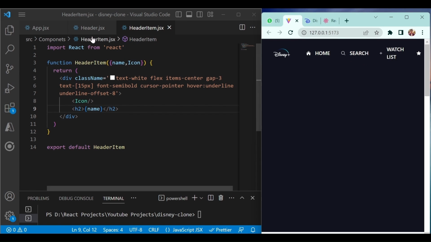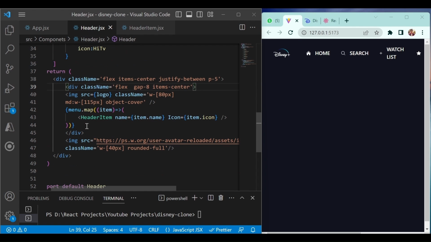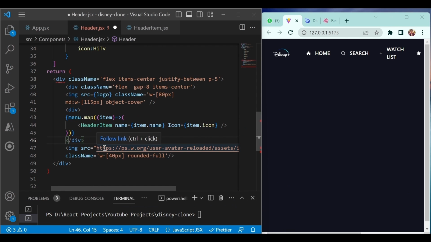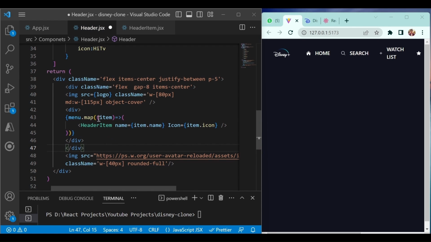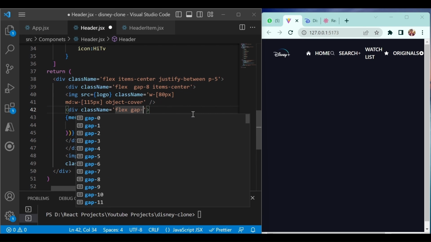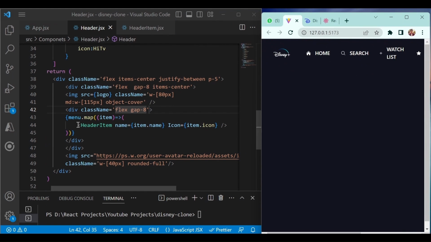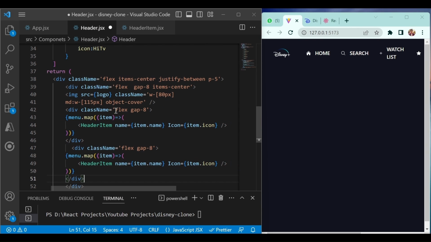Here you will see everything, right? So go to the header.jsx, and here you have to wrap this particular menu first in one div. Okay, so wrap this in div, and after this one more div. Okay, and then you have to give the flex. So for this one you have to give flex, so that you will not change anything, and also gap of 8. Okay, like this, and make sure everything is as it is. Perfect. Then copy this one div and paste it below that one. Okay, and once you did it, you might see 2 menus, right?